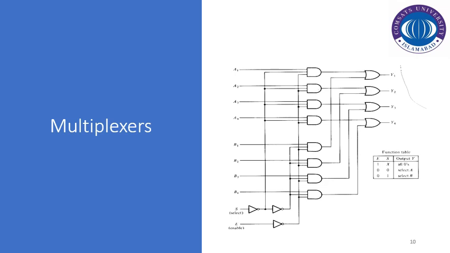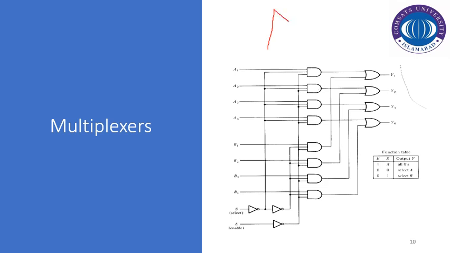So let us see another example. In the particular cases, we have seen that the users are sending the data of a single bit each. What if the users are sending the data for multiple bits? In this particular scenario, we've got two users A and B of 4 bits each, and how these two users are going to utilize the output line. So this sort of multiplexer has this particular definition.